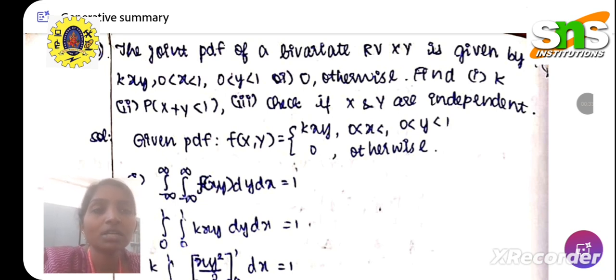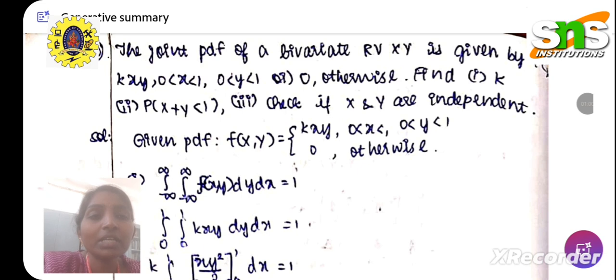The joint probability density function of a bivariate random variable, bivariate means two-dimensional, random variable x and y is given by f of x comma y is equal to k into xy, where 0 is less than x less than 1, 0 is less than y less than 1. And we can also note that the probability density function is 0 otherwise. The first question is we are asked to find the value of k. The second question is we are asked to find the value of probability of x plus y less than 1. And the third case we are asked to find, or we have to check for the independency of x and